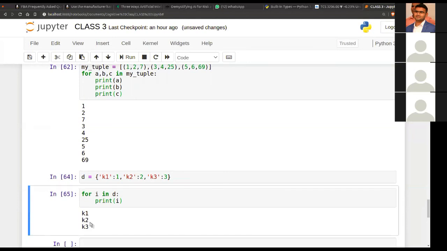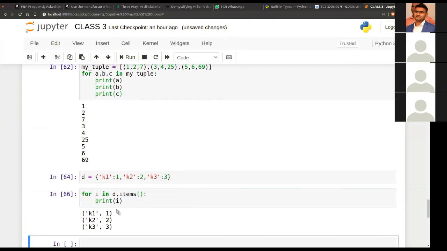For example, let's say we want to iterate through keys as well as values. We can't do it directly on the dictionary, so we have a method called items.